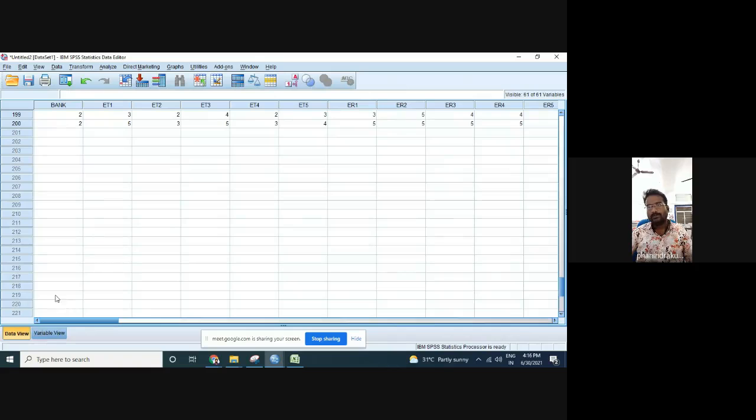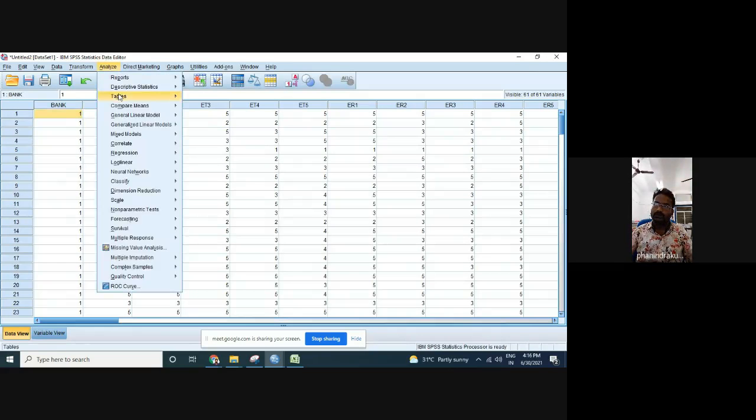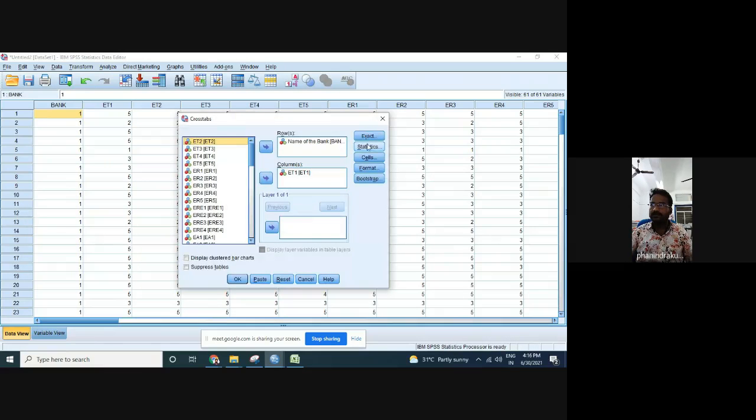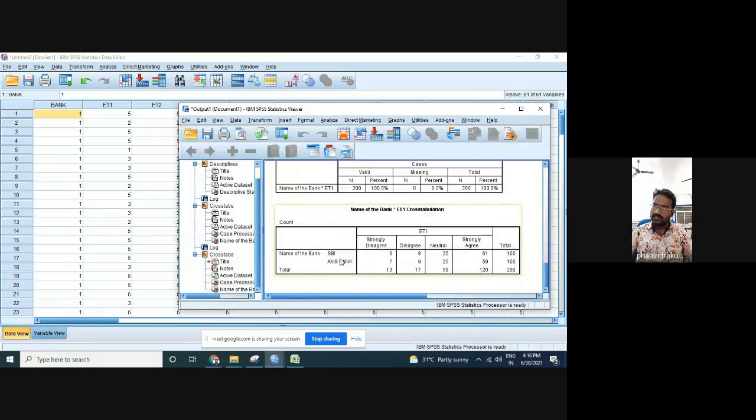Then now when you compare this, see, you are getting some variables of 1 and 2. Now when you go to analyze, and when you press on cross tabs, again just click on OK. See, now you got 100 responses as SBI, 100 responses of Axis Bank. Based on the suitability of your data, and whatever the requirements, you need to analyze, you need to identify, you need to do the best things. See, we have done SBI for 100 and also Axis Bank for 100, and the total is 200.